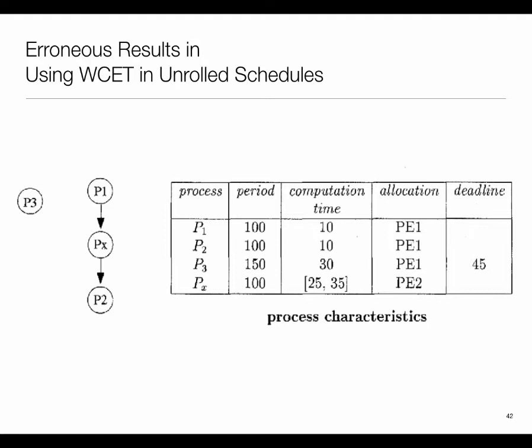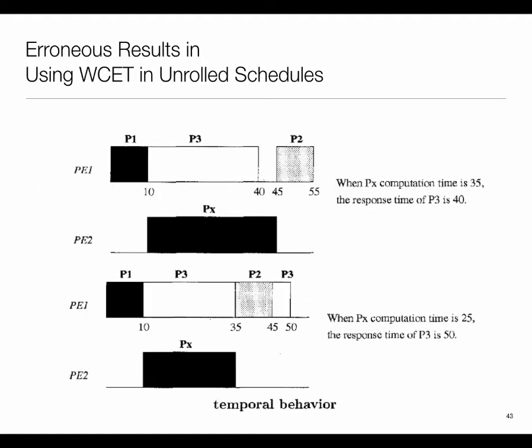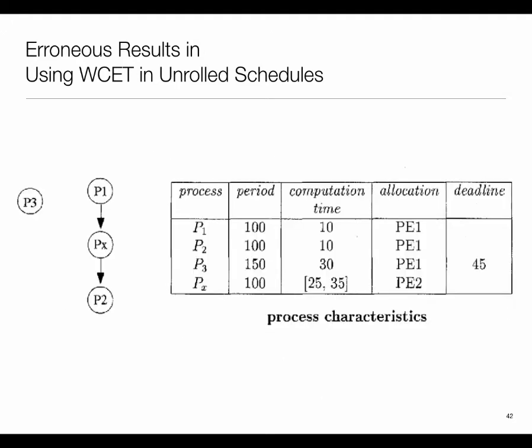Basically what's happening is that if I'm lucky in terms of Px and it takes shorter time, or maybe even that processor was able to run more rapidly, or I replace PE2 with a faster processor, then what was originally a schedulable system can become non-schedulable. So there is no monotonicity in this setting, and that's what makes this problem hard. So let's see why it happens in this case. So we have that particular partition,